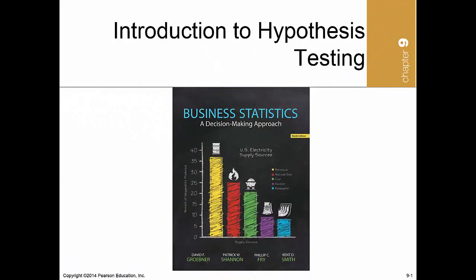Alright, so welcome back. This will be the last chapter for 207 as far as new material goes, and we'll wrap it up by talking about statistical inference. Estimating a population parameter based on a sample statistic is one area that we call statistical inference. The basic tools for estimation were introduced in Chapter 8, the last video series, and another important application of statistical